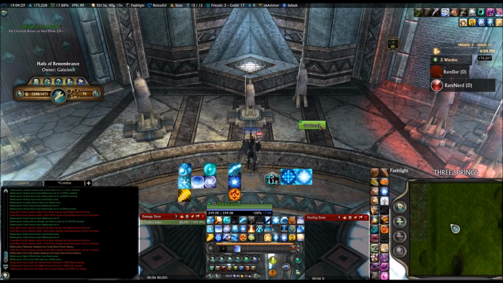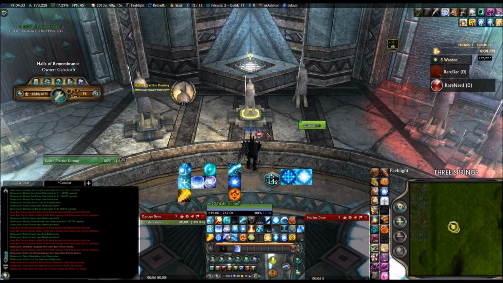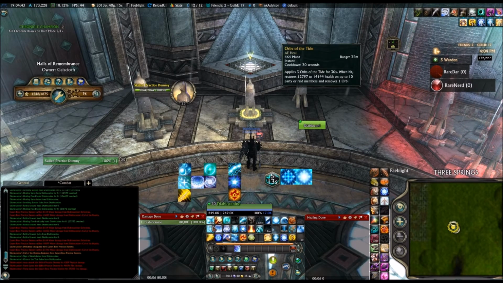Okay, so let's talk a little bit about a practice strategy. So let's go to a practice dummy. You can use the one in the guild. Just select it. And what I want you to practice doing is getting very proficient with the second row buttons,